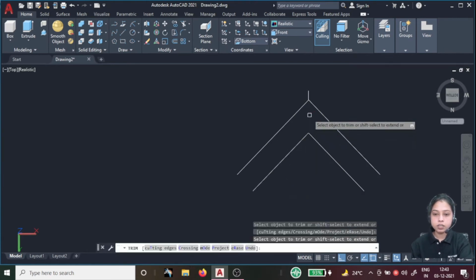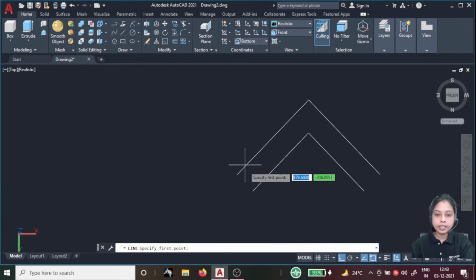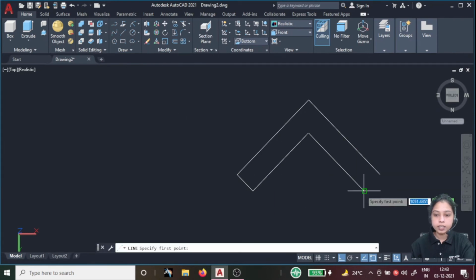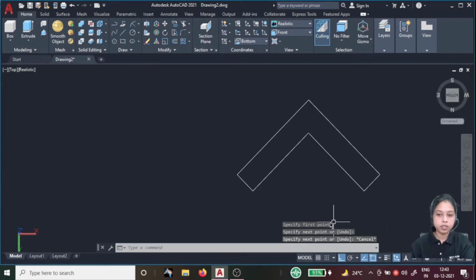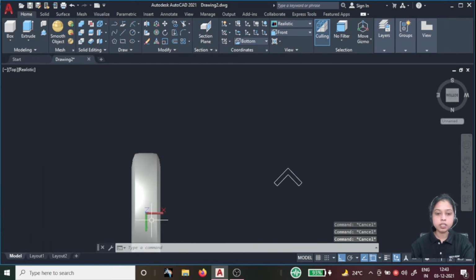This one, and again this one. And select the line from here to here, this end point, and again the line from this end point to this end point.